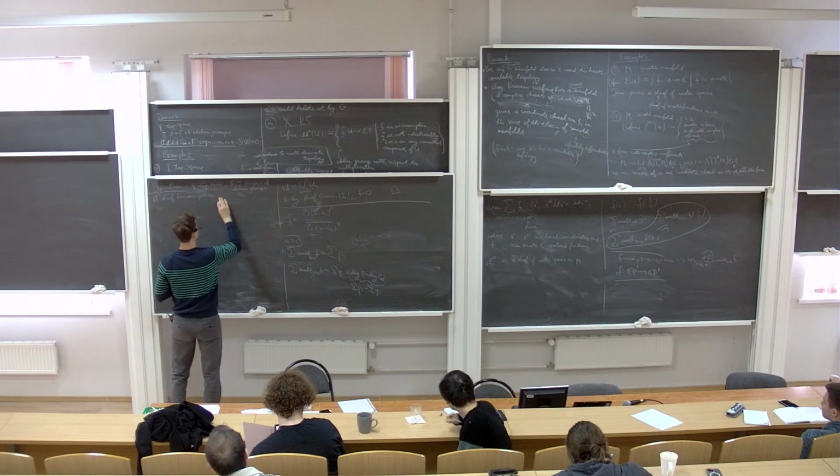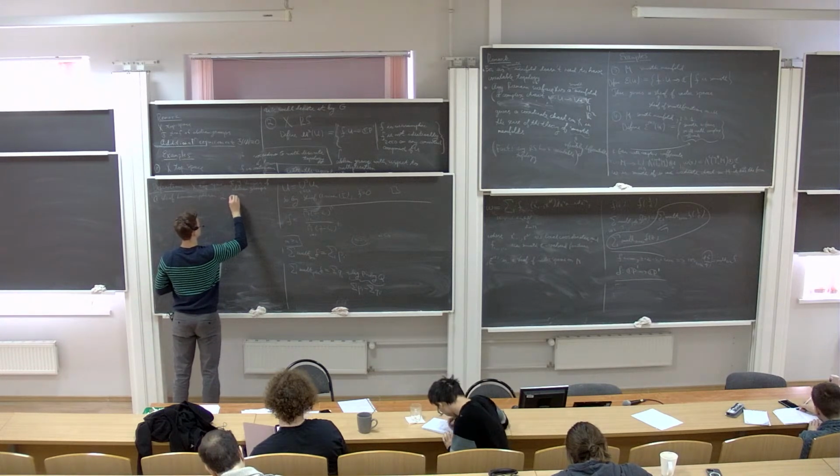Then a sheaf homomorphism alpha from F to Y